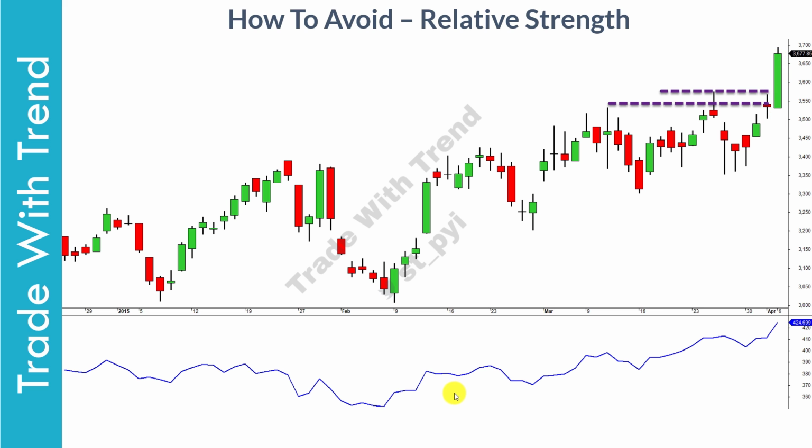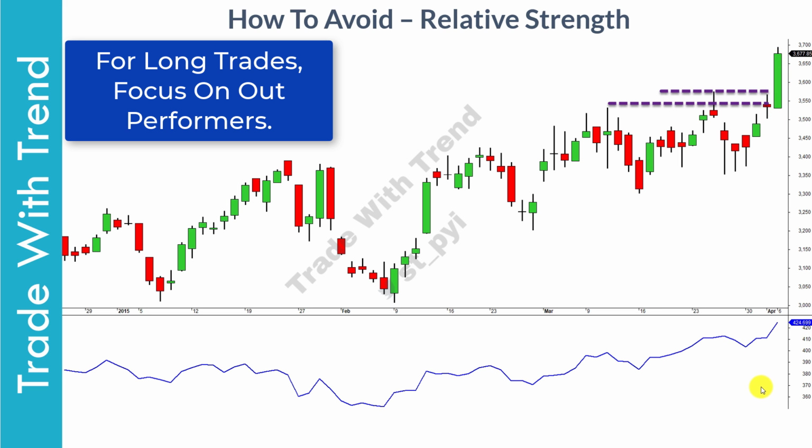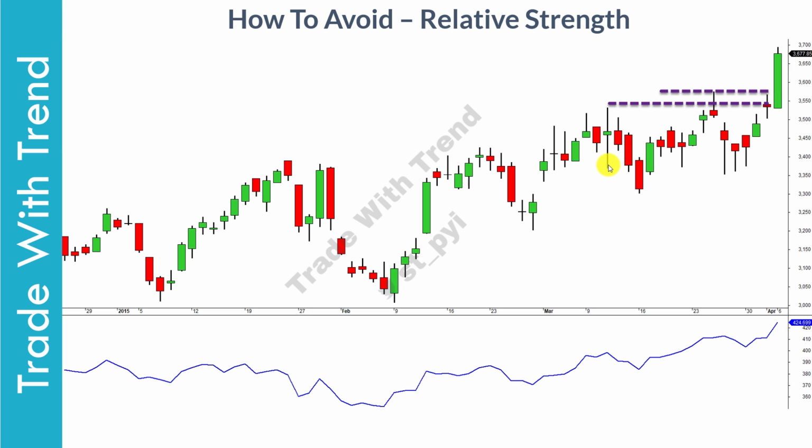Demand is strong, stock is outperforming, and I've not included the volume data because that would have cluttered the chart. But in this particular chart, even volumes were on the higher side. So these are the three combinations mainly that you have to use in order to avoid false breakout trades.